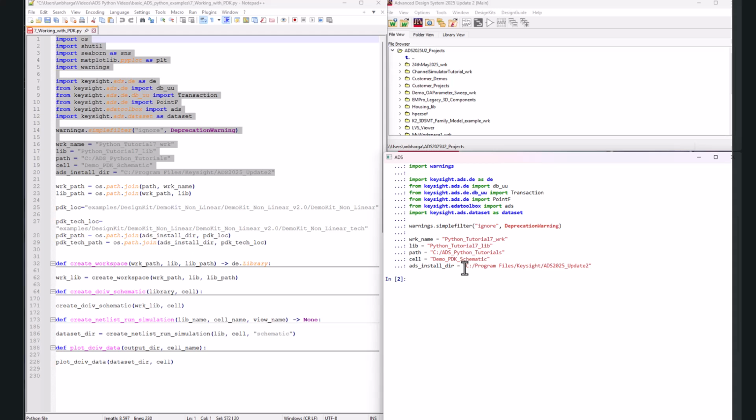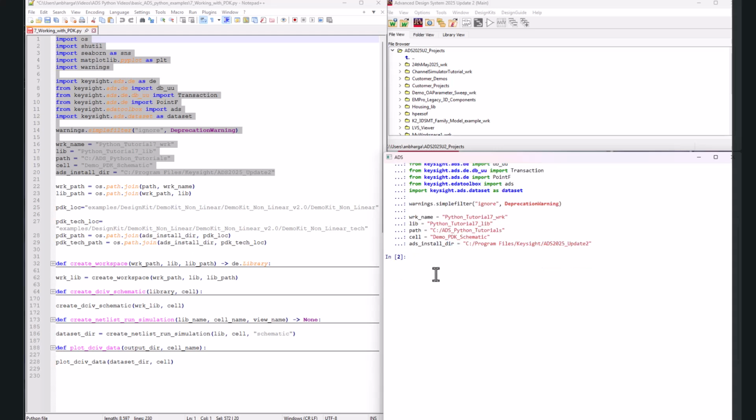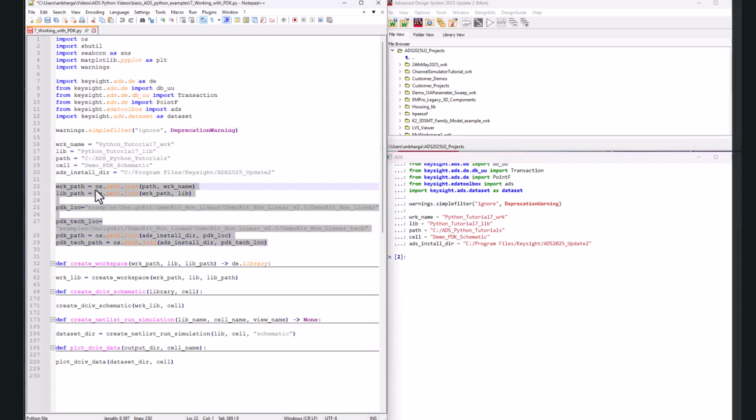Also, since I'm going to demonstrate a demo kit that is available under the ADS installation directory, I've created a new variable here which is pointing to the ADS install directory. If you already have an environment variable defined, which is hpeesof_dir, then you can avoid this and directly use your environment variable. But in my case, I haven't declared that variable, so I'm defining the installation path of the ADS release. Now the next thing I would like to do is to define the PDK path and join